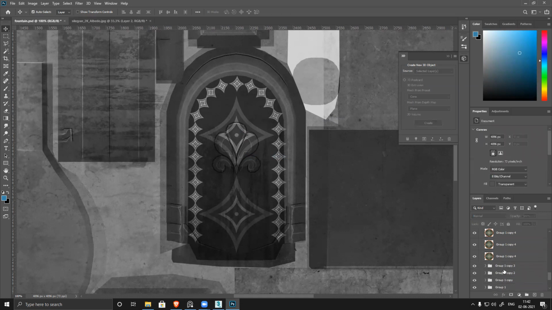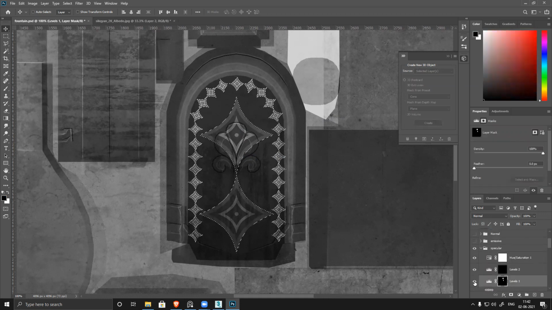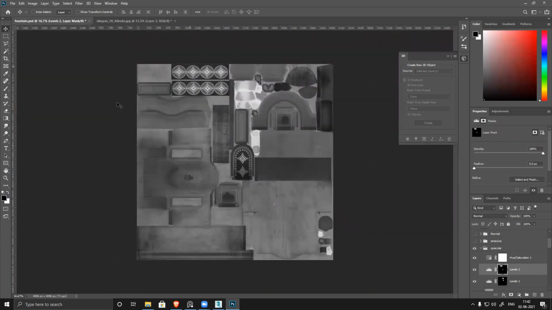In diffuse, I need all the layers, but for this, I can merge them. Merge everything, select, and this layer. So this one, fill white. So now it becomes glossy.